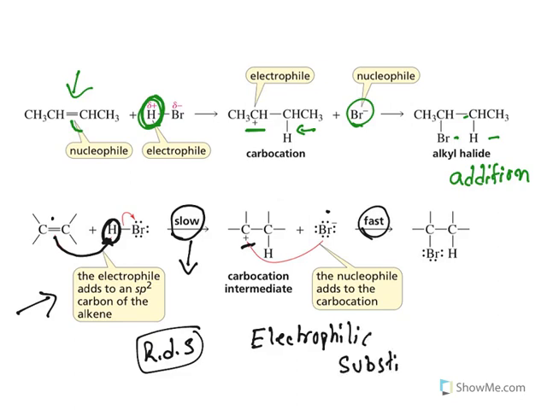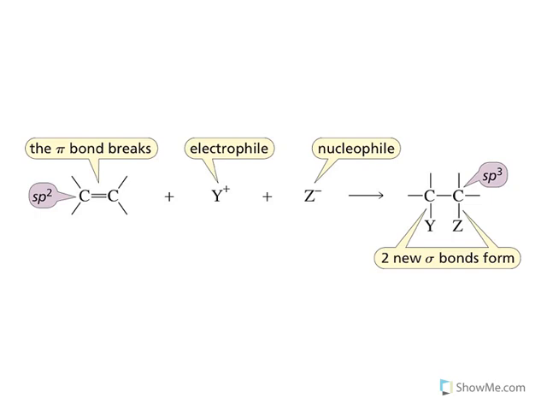substitution. Why electrophilic? Because the proton H plus is looking for electrons. It likes electrons. Electrophile means it likes electrons and it goes towards a double bonded carbon. So the reaction is initiated with this one. Hence it is known as electrophilic substitution. Moving to the next one. See, this is what happens. This pi bond breaks with an electrophile and substitution occurs. So the pi bond is broken down and two new sigma bonds are formed. So sp2 carbon is converted to sp3 carbon. Remember, a question could come in any form: sp2 is converted to sp3 in electrophilic substitution.